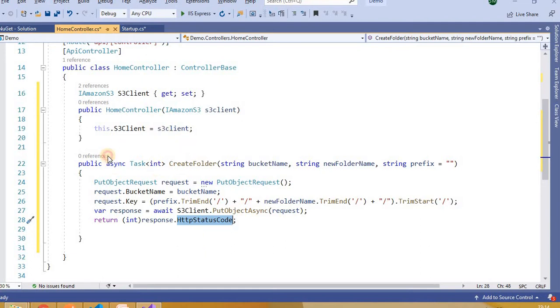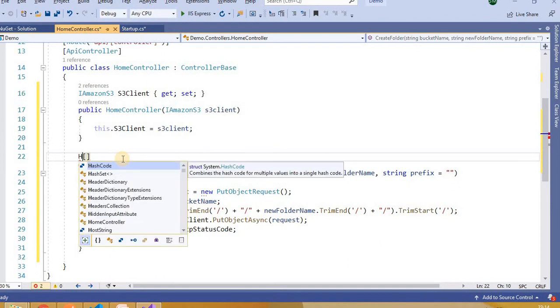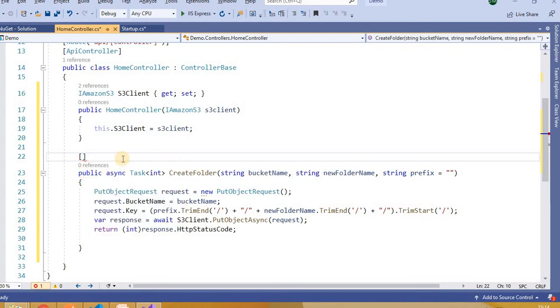As this is a web API, let's pass HTTP post, and the URL is create folder.